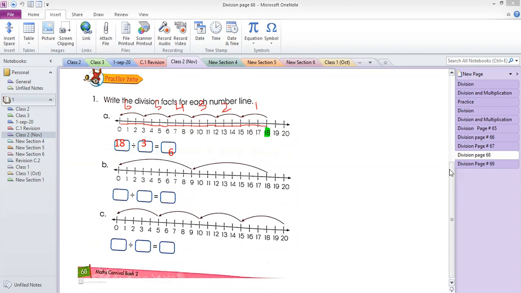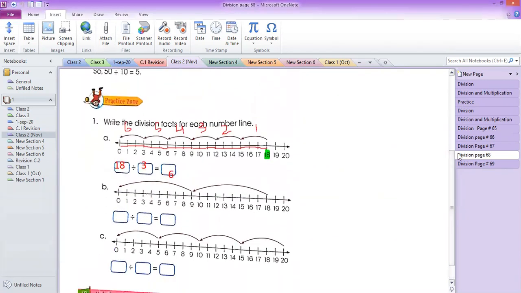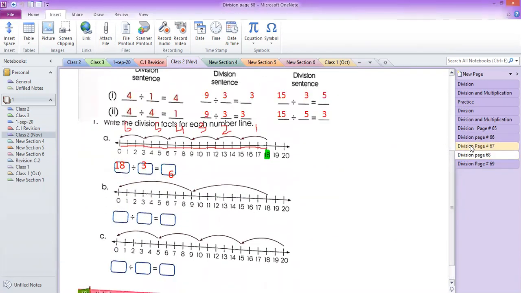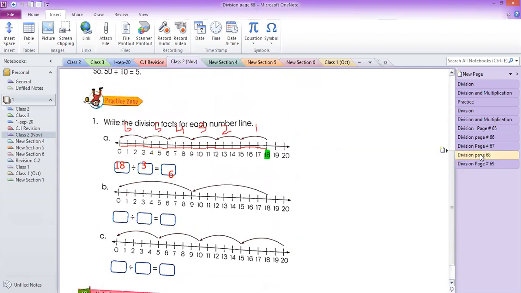Yesterday we learnt about division with the help of number line, right? So we learn how to divide a number by using a number line, and we also practiced one of the questions of that. I will revise how we can divide with the help of number line. The question was there